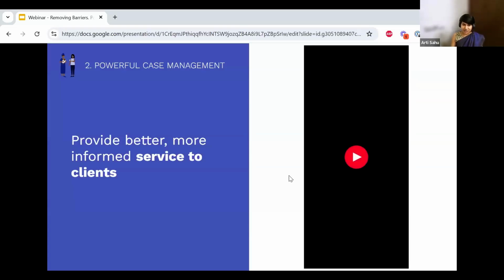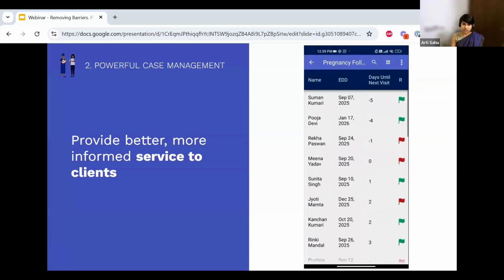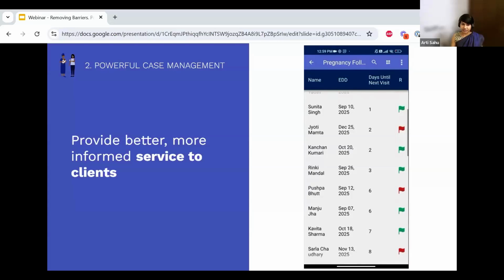So in the last slide, we saw how case management helps frontline workers provide better, more personalized care by remembering past visits and highlighting what needs to be done today. Now let's look at how it also helps them, meaning the user, the frontline worker, stay organized and manage their workload, all from within the same application. So when a frontline worker opens their case list, as you can see on the screen, they immediately see all the women they are following up with.